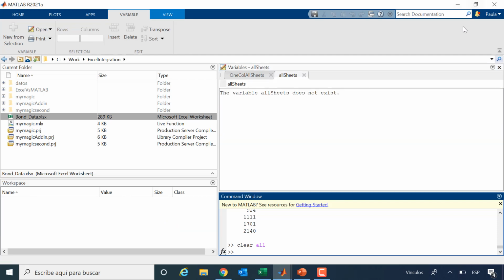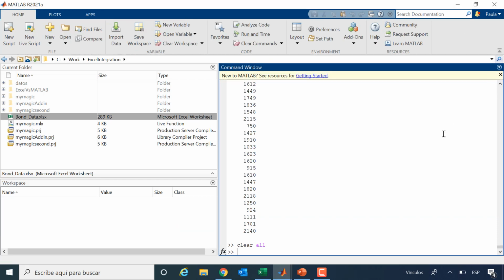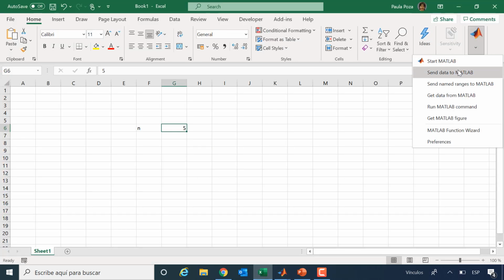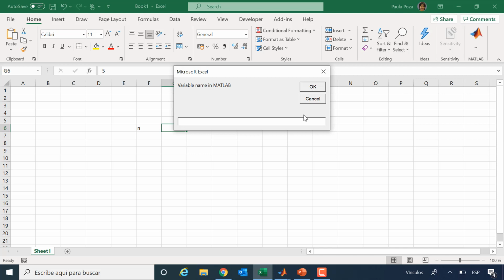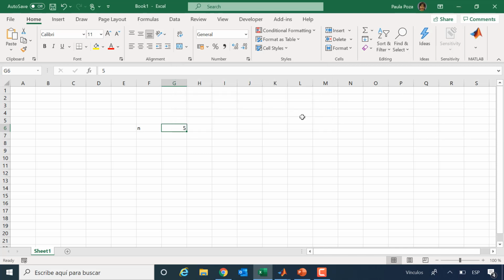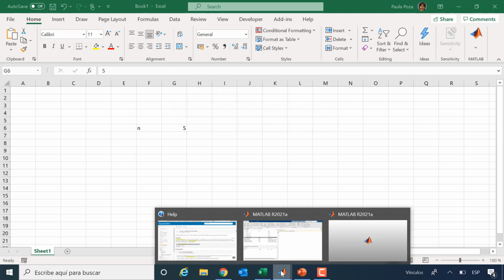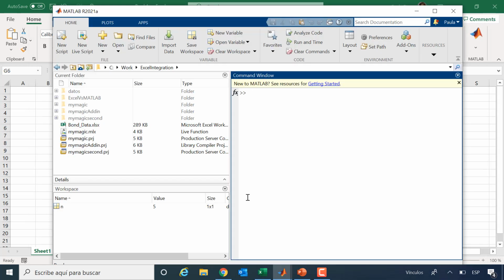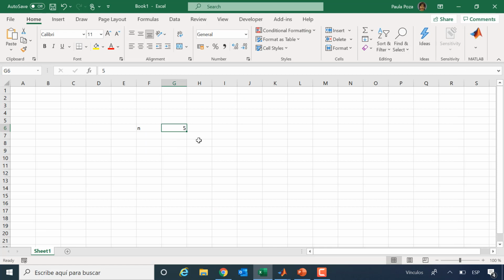I want to clear it so we don't get confused. Okay, so I'll do it again. Send the data to MATLAB in the variable n. I come here. Oh, sorry, it was in the other MATLAB. Okay, so n is here and it has the value 5. Right, so I've done step number 1.